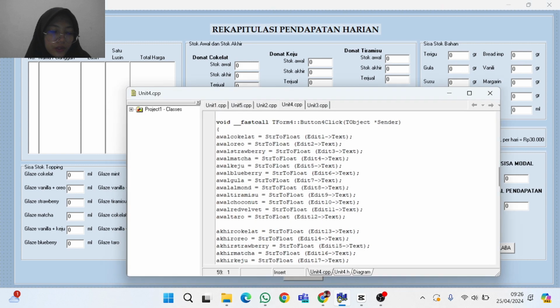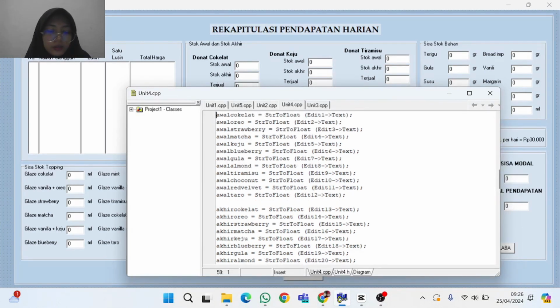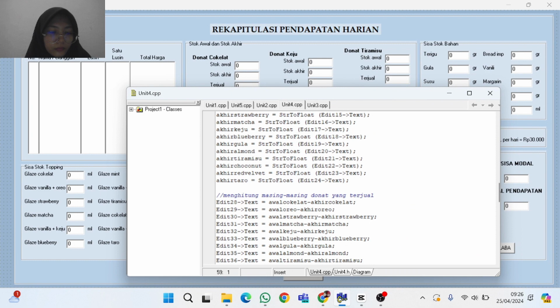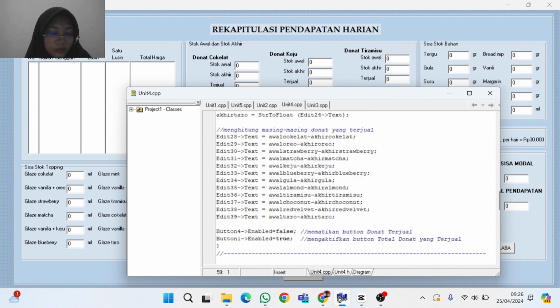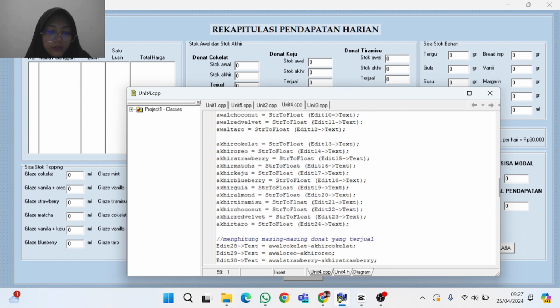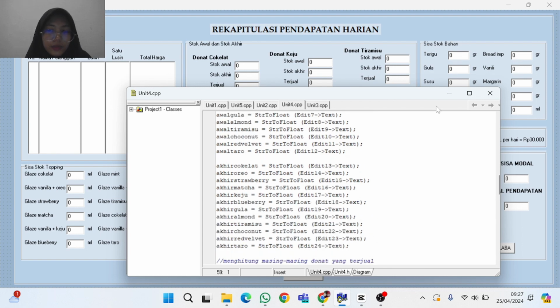If you want to calculate the number of donuts per variant, click the donut sort button. This is the source code. If you want to find sold donuts, subtract the ending stock from the initial stock.